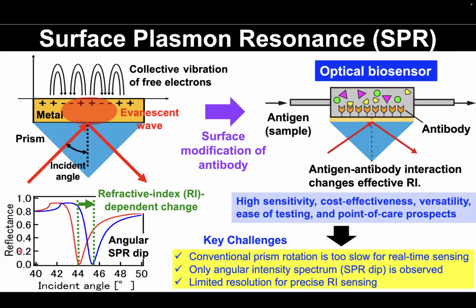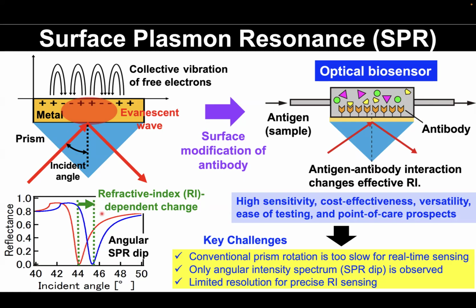So we measure a reflectance spectrum with respect to the incident angle. The reflectance largely decreases near the resonance angle, namely theta SPR. So this is the angular SPR dip, or SPR dip. This SPR dip is very sensitive to the refractive index near the sensor surface via the electric field caused by the surface plasmon. So we can achieve the precise sensing of refractive index by measuring the spectral shift of